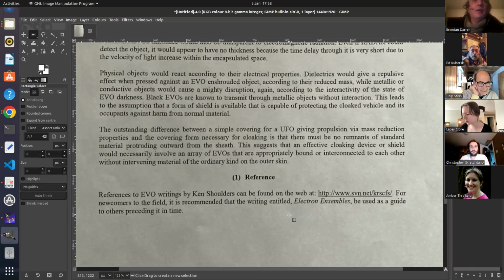Well, now we know how it works, right? The shroud is EVOs, the vacuum plasma bubble sheath. So it can be used to cloak, and it can also be used for propulsion. So cloak is like invisibility. Yes, exactly. So he's basically talking about two things that UFOs do, that we know this stuff has been observed by